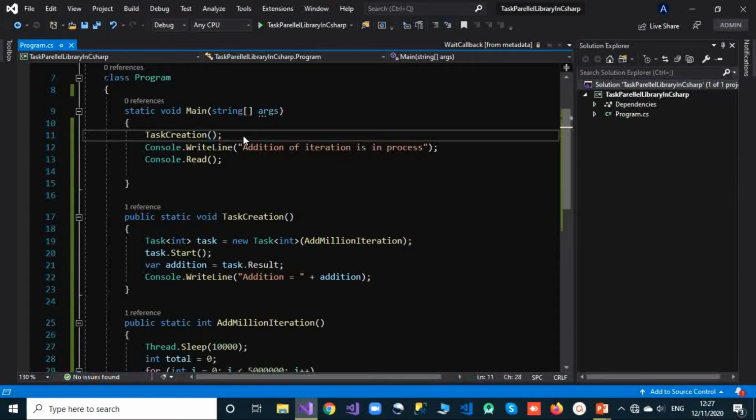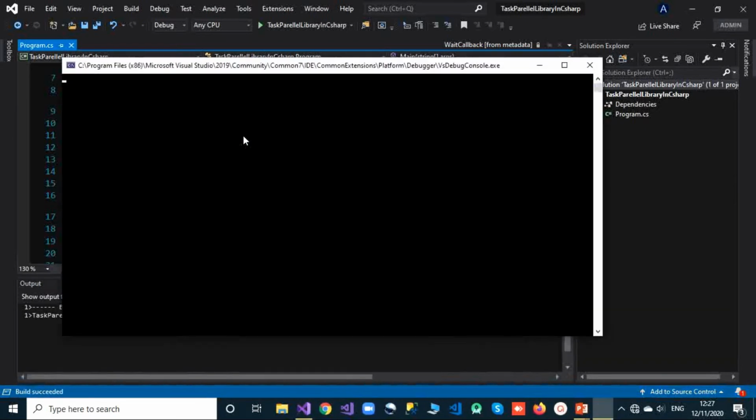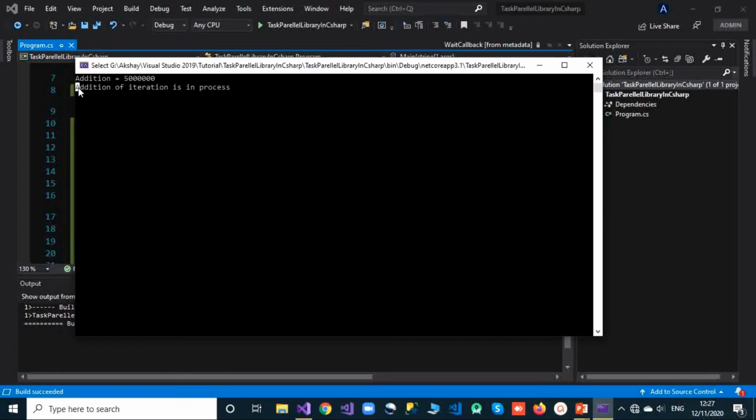For now we have not made this method asynchronous yet. Okay, so you will see that it is still stuck, and that message is not shown until the task completes its operation. So this is still not user responsive. It is not showing that message while the task was performing its operation.